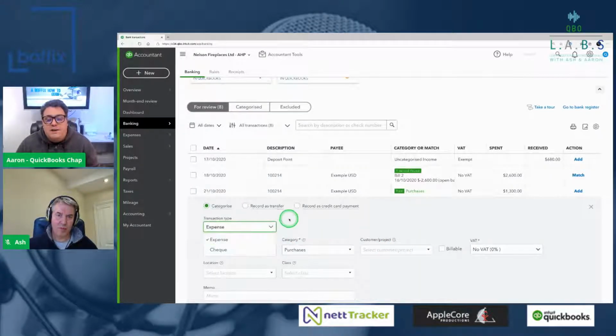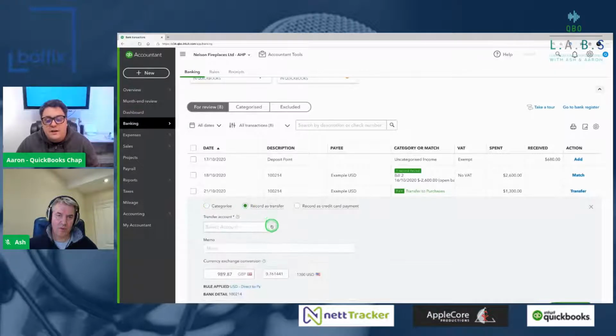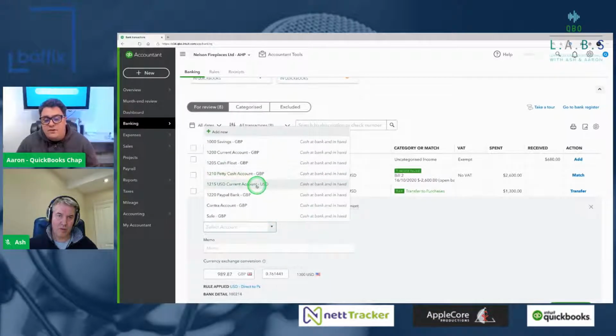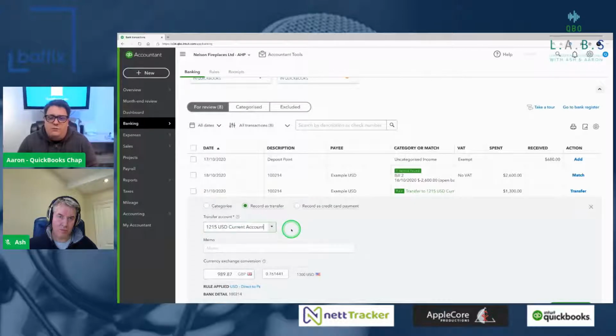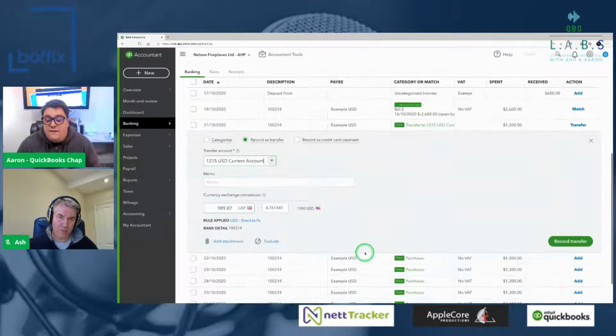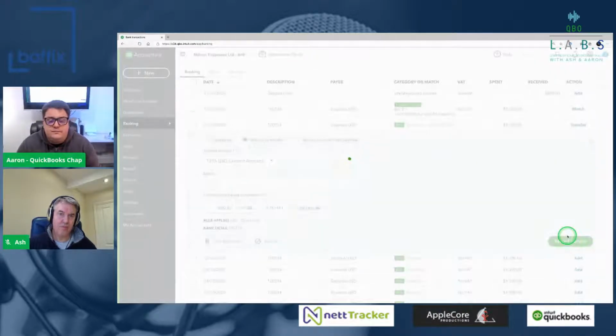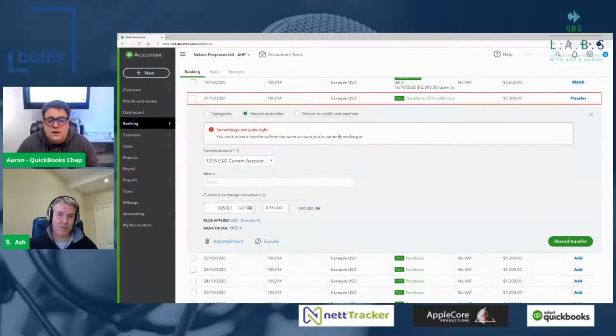One thing we would highly recommend is transferring to a control account. So I've made a control account here, USD to current account. If you transfer to a control account, you'll find you start opening up that functionality. So in here, if I was going to transfer this almost £1,000 of GBP over here, I record it as a transfer and make sure I'm happy with it.